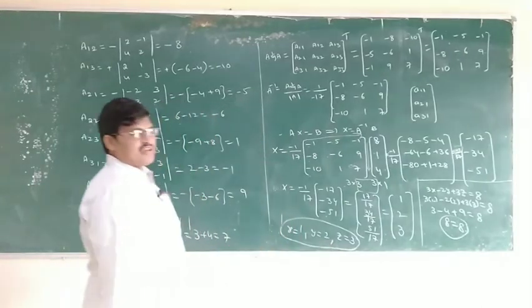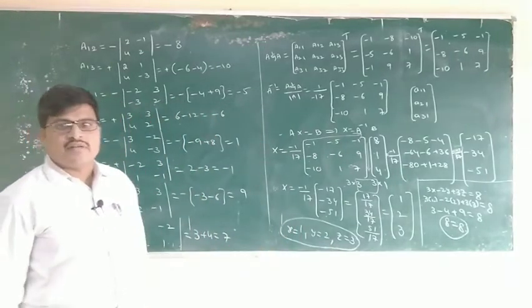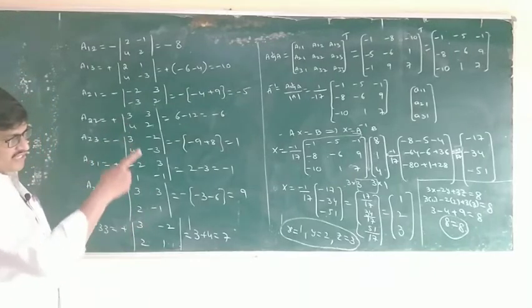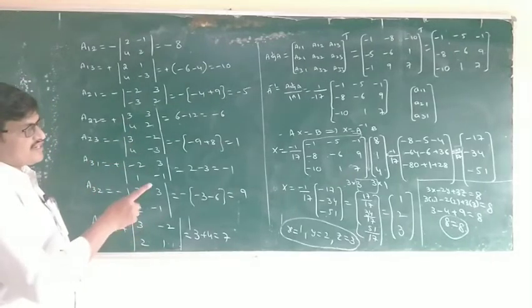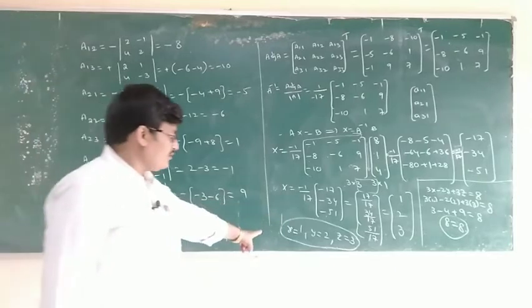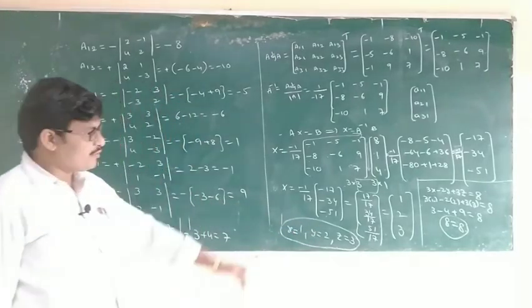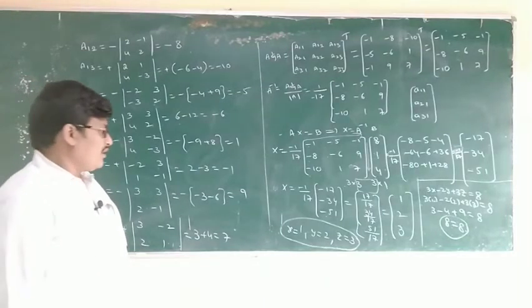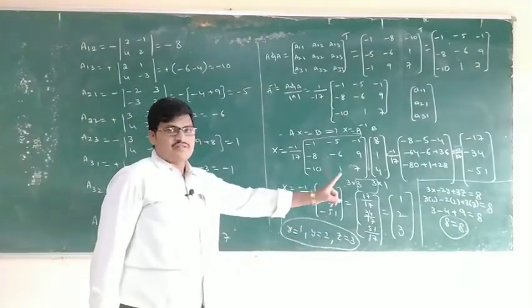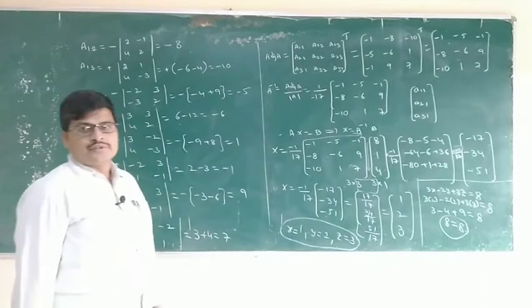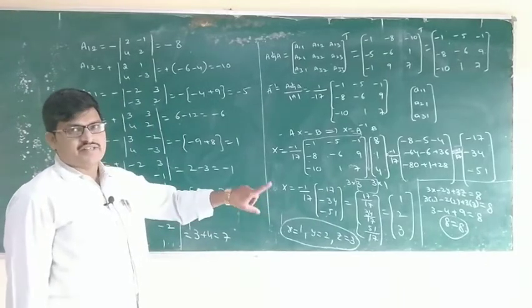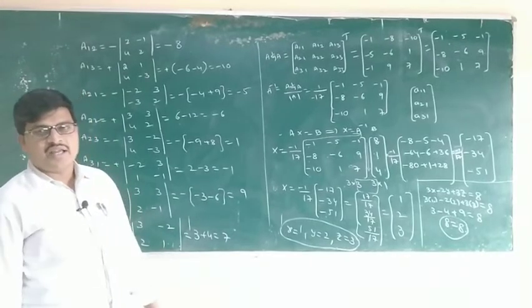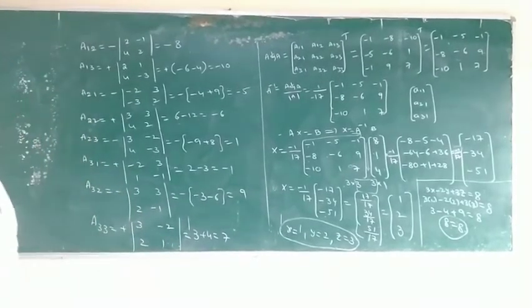Not only the first equation, the second equation will also be satisfied, and the third equation we also have to satisfy. All three equations must be satisfied, not only a single equation. We have to satisfy the first, second and third. If the three equations are satisfied, then the x, y, z values are exactly 100% correct.